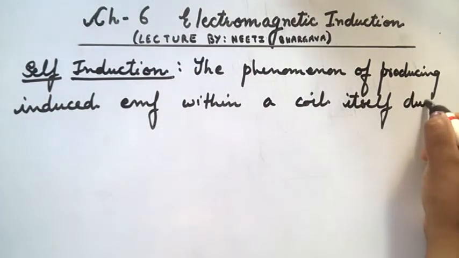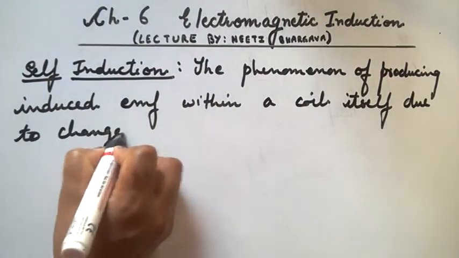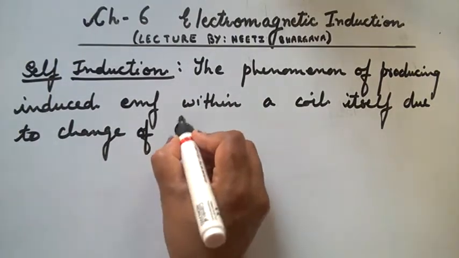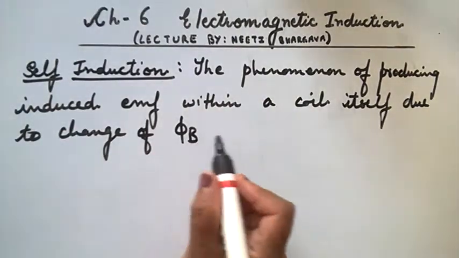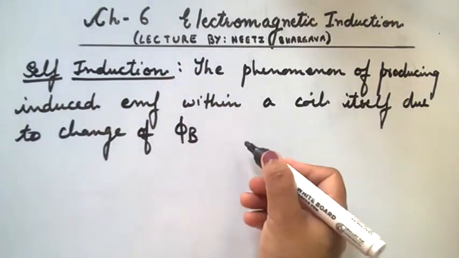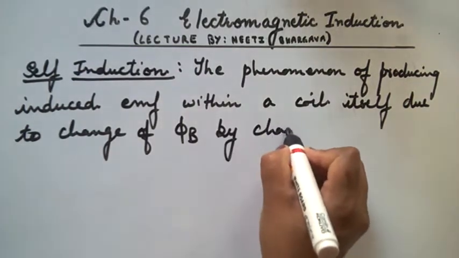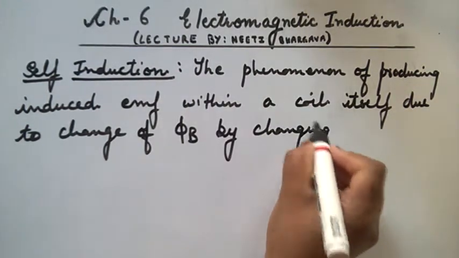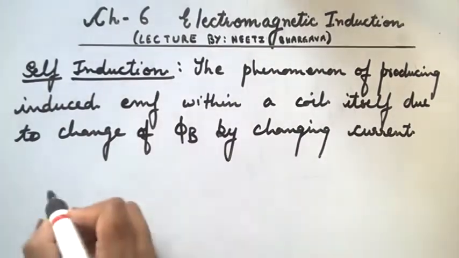So, due to change of magnetic flux, and the magnetic flux changes when there is a change in magnetic field lines, and magnetic field lines change when we change the value of current. So, by changing the current which is passing through the coil,